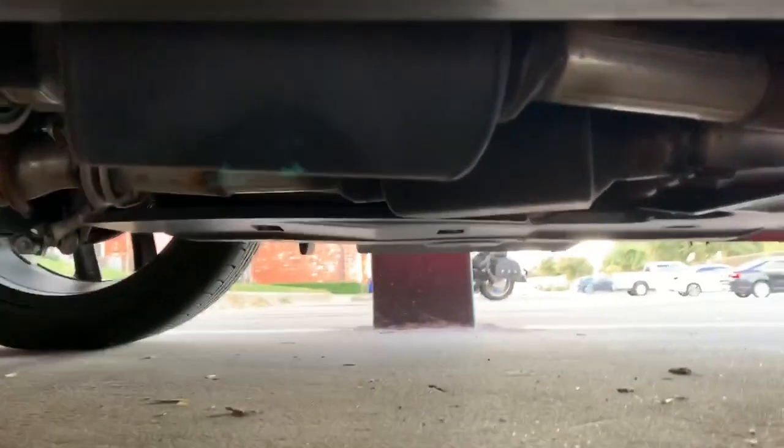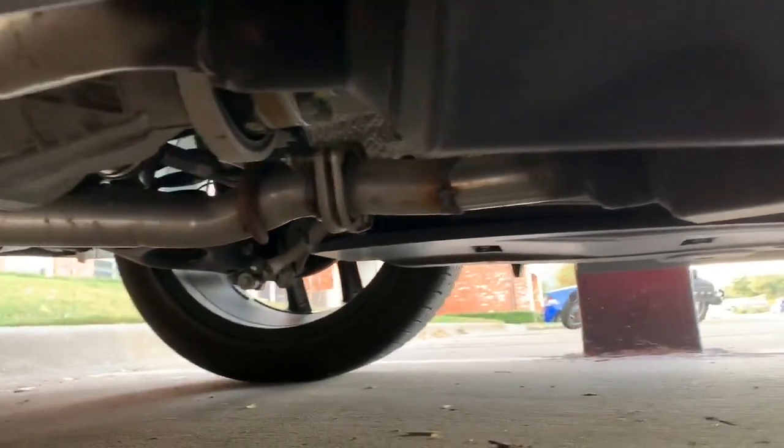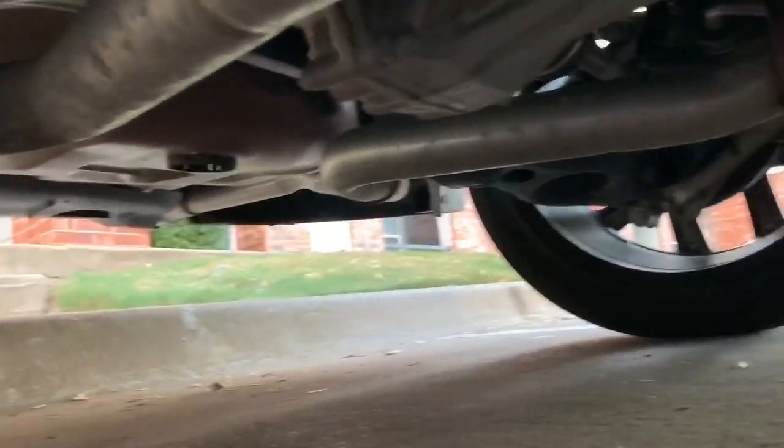So there's another look at the Super 10s, get a little bit better of a look. And then after that is just straight pipe all the way back to the exhaust tips back there. So that is what my exhaust setup looks like. So it's pretty simple. Just from the Cats to the mid mufflers where the Super 10s are, there on back